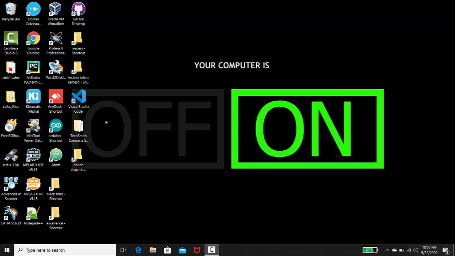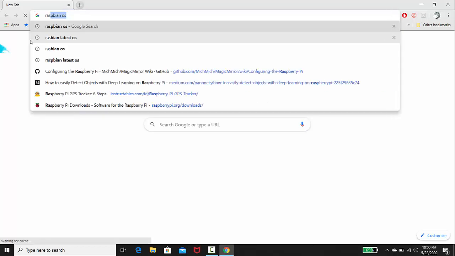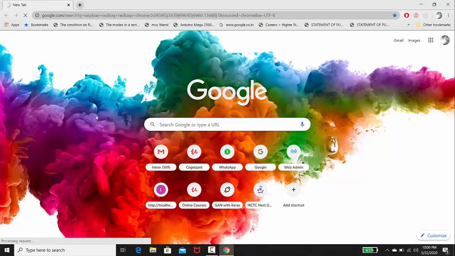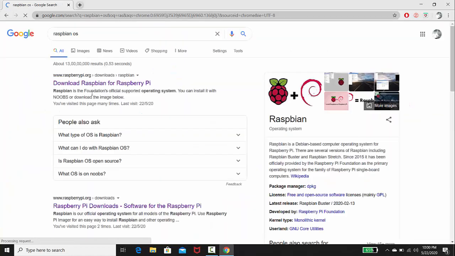So in this tutorial now we are going to see how to download Raspberry OS from the internet. For that you open up a browser and you just want to search Raspberry OS in Google. So it will take you to the official website of Raspberry Pi. Go to the downloads